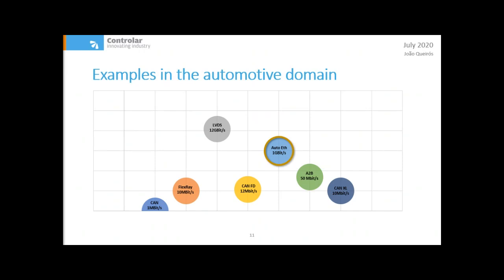Automotive Ethernet has two standards currently developed and in use, 100BASE-T1 and 1000BASE-T1, with speeds up to 100 megabit per second and 1000 megabit per second, respectively, on a single differential pair. These two standards are full duplex, meaning that data can be uploaded and downloaded at the same time at full speed. Like LVDS, it's a master-slave bus topology, but in this case, either side of the link can be master or slave with automatic or manual negotiation.